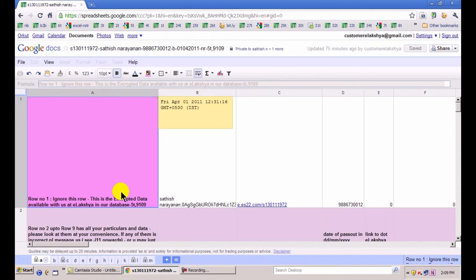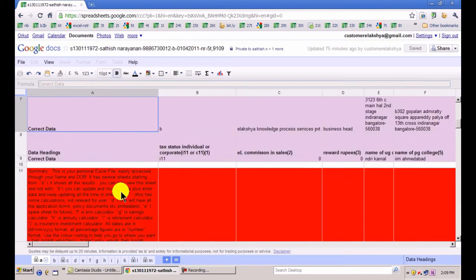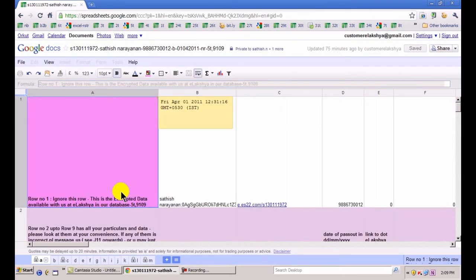Point number 3, it is your personal database. You can see row 1 to row 9 here. Row 1 to row 9 comprises all your personal data, which is up to about 150 or 200 parameters pertaining to you, starting from your father's name, mother's name, your date of birth, your children's date of birth, your income levels, your graduation degree, all data, products you have purchased through Elexia. It's your personal database, which is being collected from Elexia from time to time.